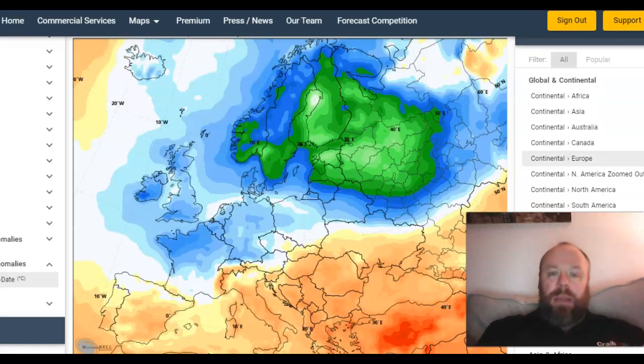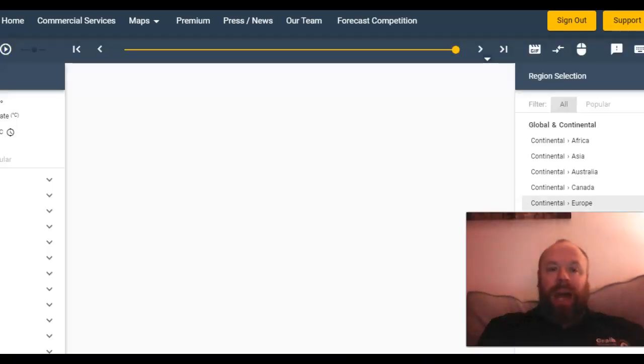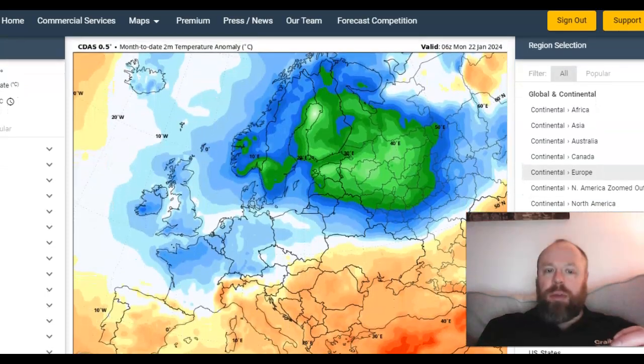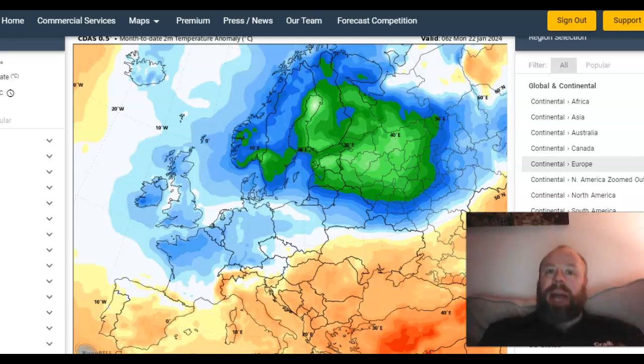So this is the month of January to date so far, and firmly below average. But the amount of warmth that's coming through the final 7, 8, 9 days of the month, it's going to be interesting to see if we can start to see either back to near average, if not even slightly warmer than average. So kind of holding my breath here because I did say that it would be a slightly colder